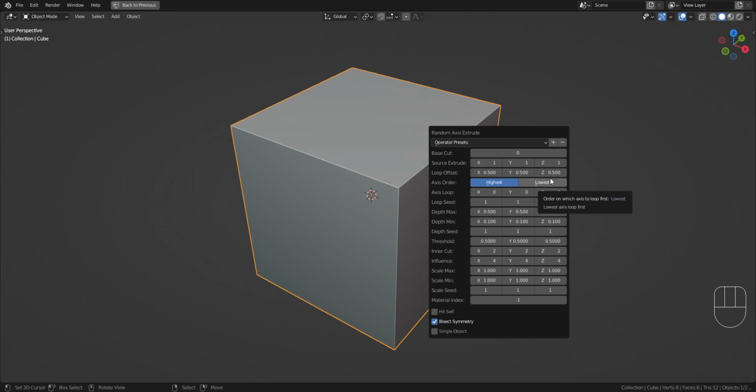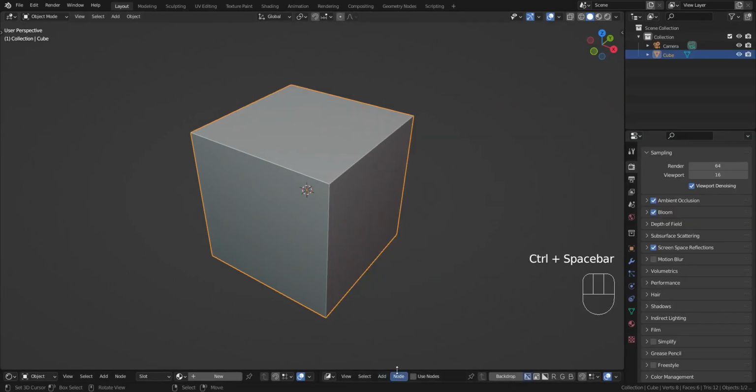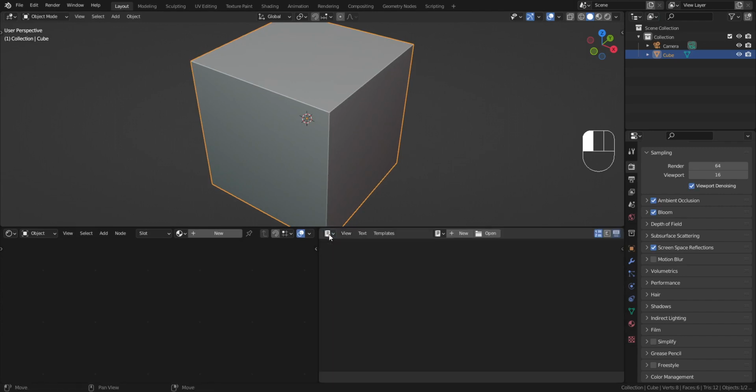So all you have to really take into account mostly is the properties like the source extrude, loop offset, we have the axis order, the axis loop, which determines how many extrusions can be done in each axis or XYZ axis, the loop seed, which of course randomizes the extrusion, and we have the threshold and the influence. But before we go to that, let's start with the